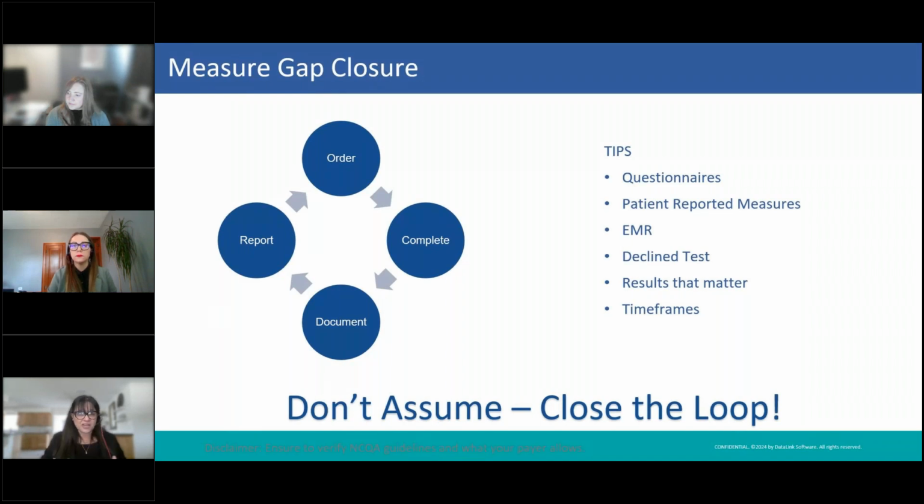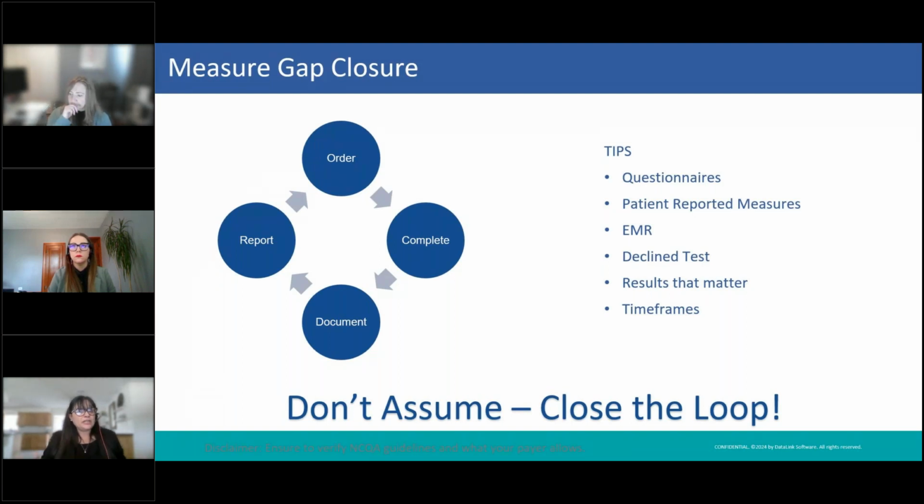Okay, and talking about EMRs, make sure that your EMR templates have a dedicated area for this information. You have no idea how many times I have gone into a patient's chart to do a chart review. I see that the patient documented on the questionnaire, but nobody brought it into the EMR because there's no place on there to remind them to do that. So just look at your templates and make sure that that is the case.